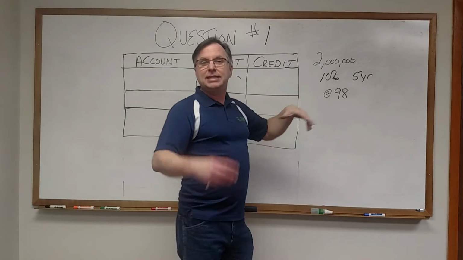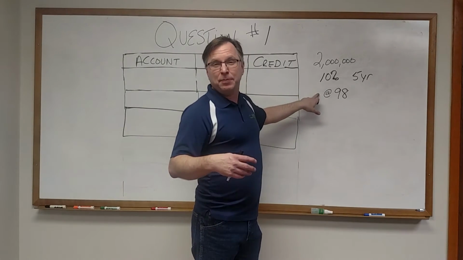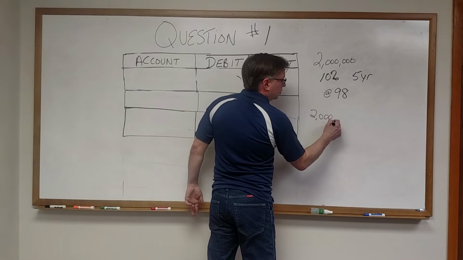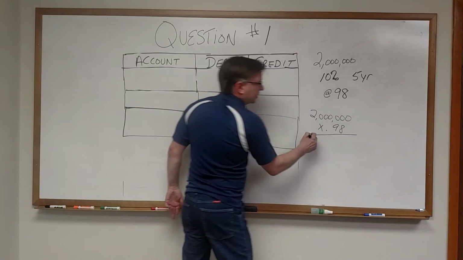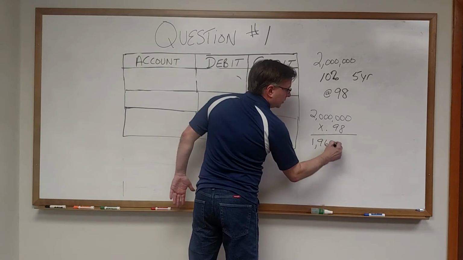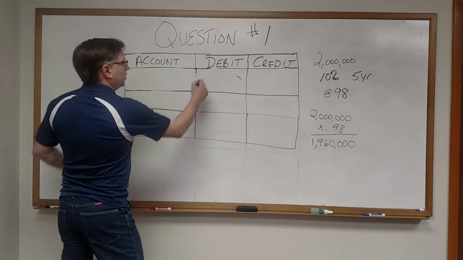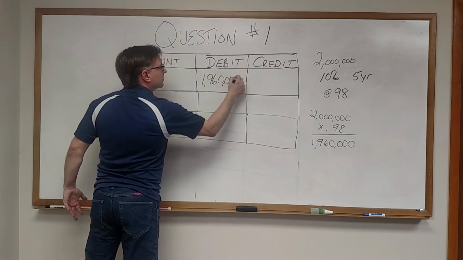Must be the bond rates out there are higher, and we had a lower one, so people wanted to pay us less for it. So the $2 million, even though we're still going to owe $2 million, we only received 98% of that money, or $1,960,000. So cash came in $1,960,000,